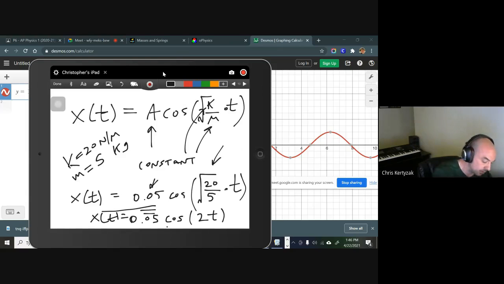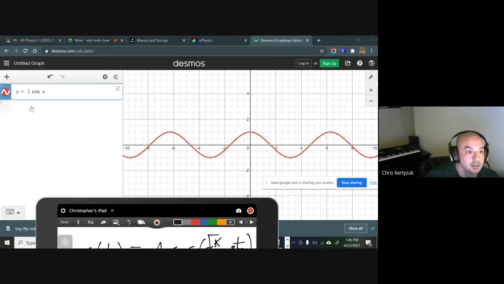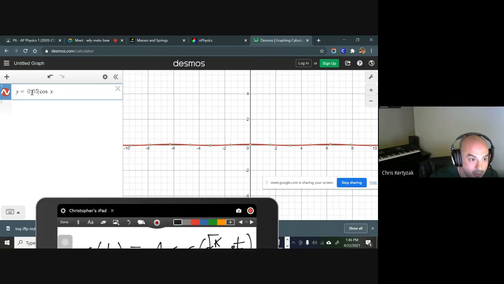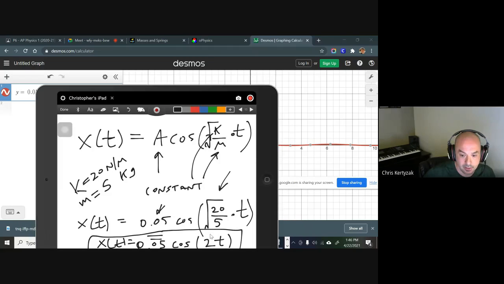And if I were to graph 0.05 cosine 2t, 0.05 cosine, and now I'm going to take away what's implied to be here when we say cos x. We're implying there to be a 1 here, right? So if I were to now take away that coefficient and put 2,